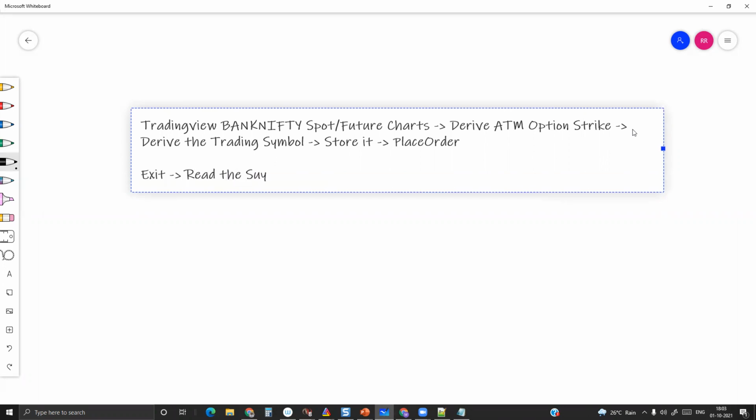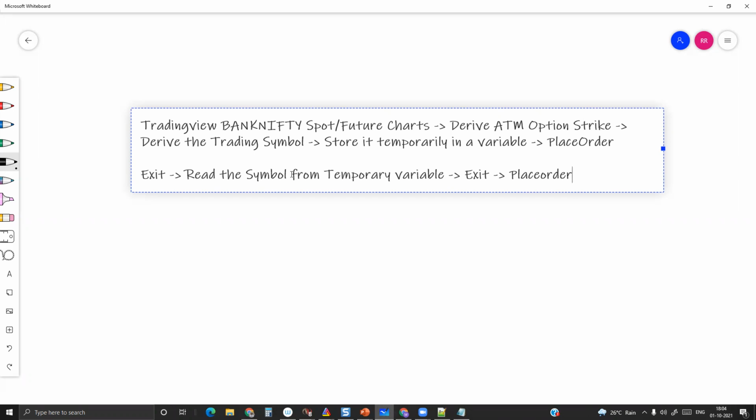So store it temporarily in a variable, and then read that symbol from the temporary variable, and then you can use it to exit using the same place order only. Place order itself. You cannot use place F&O options order. In this case, you have to use the place order only.